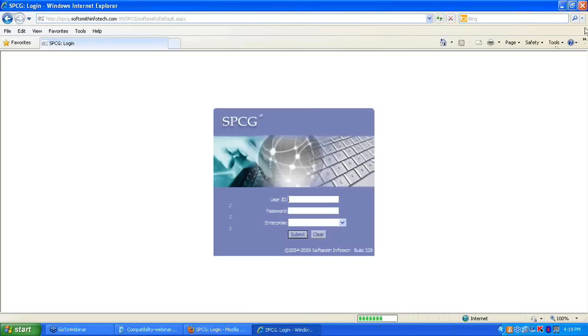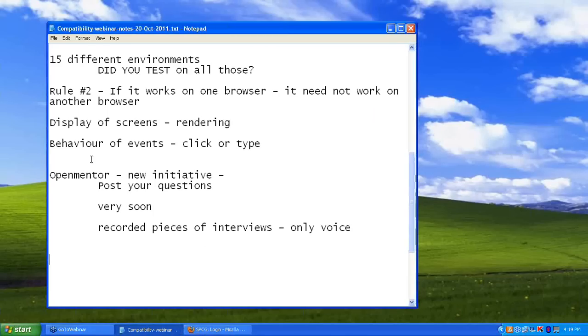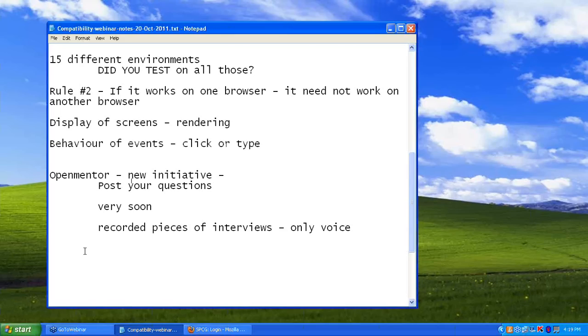The display need not be the same. Behavior of events need not be the same, right? We saw an unnecessary pop-up coming up in Firefox. Like this, we need to test every single combination. How do you do it? The way we need to do is,